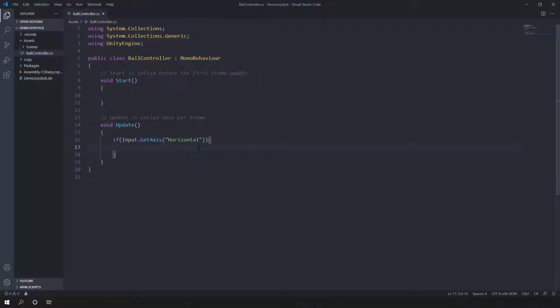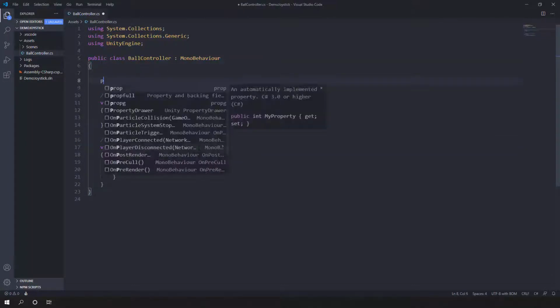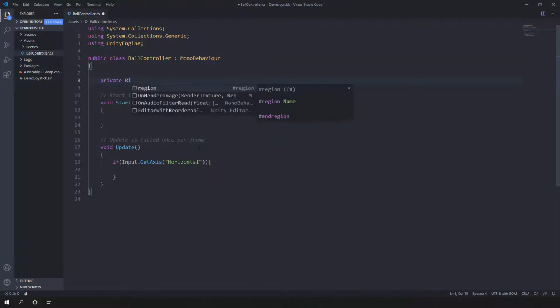Now, since I'm using the rigid body, I want to get that rigid body to control it. So I'm going to add a variable, which is going to be the rigid body. Now, some of you might be wondering why the autocomplete is not working.